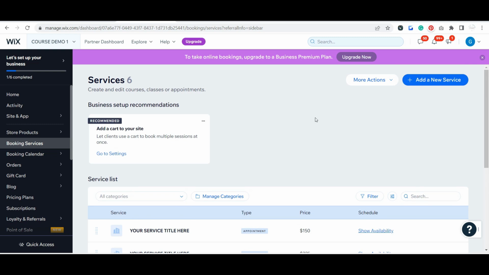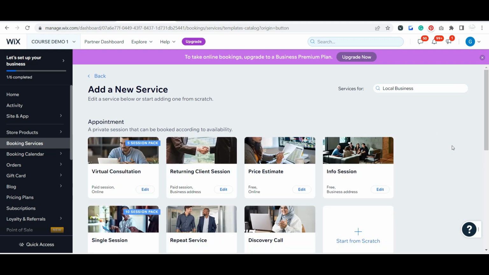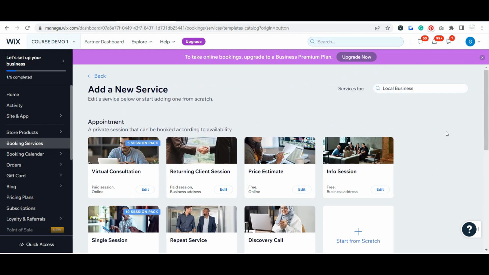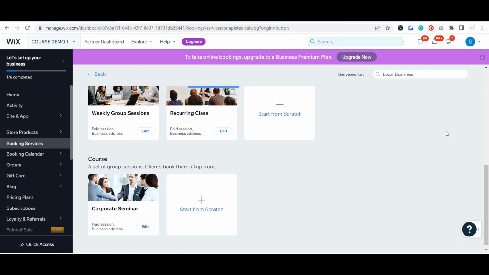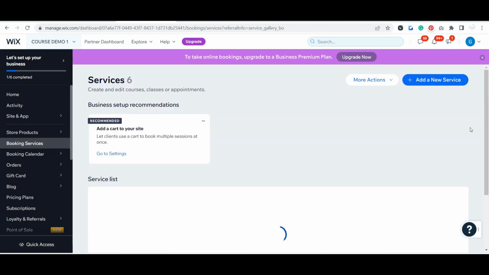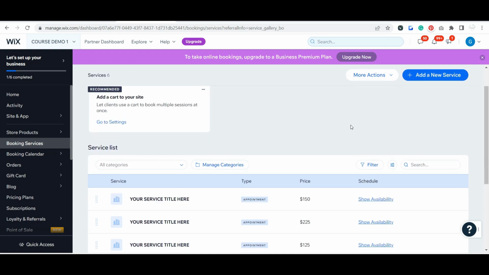But let's start out. First of all, I want to show you, if you click on add a new service, you will see that it brings up a lot of different options. You can do one-on-one appointments, you can do classes, you can do courses. So obviously decide what you want to do. I typically just start from scratch, and that's what I do with those services that are on there. So let me go ahead and go into one and show you all that is available in this booking services